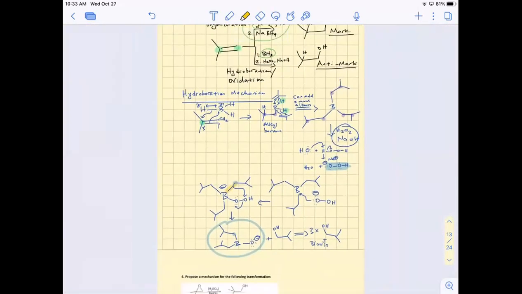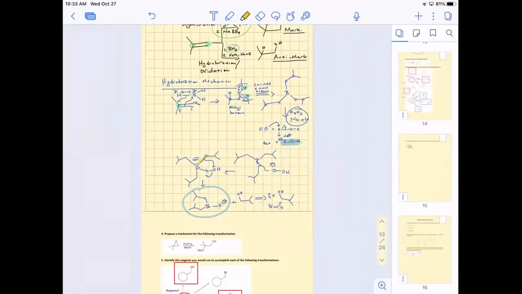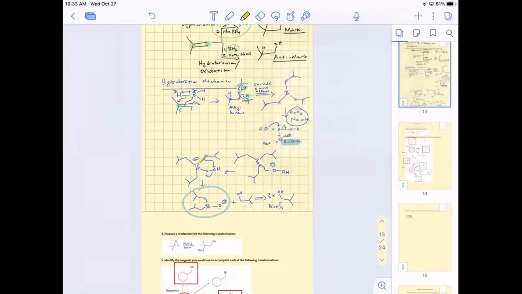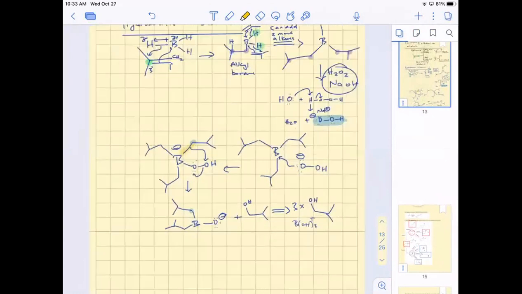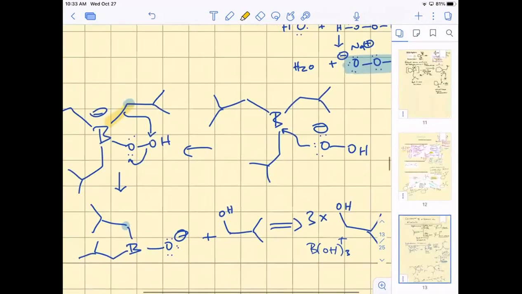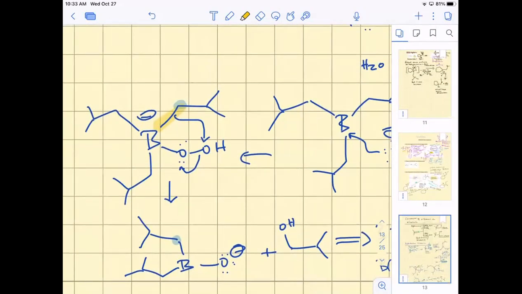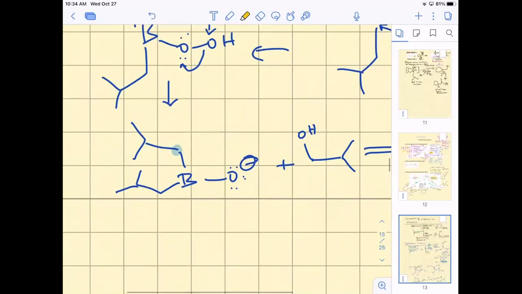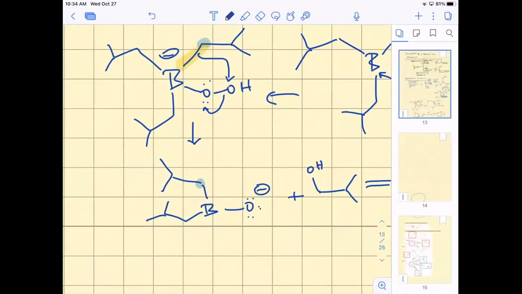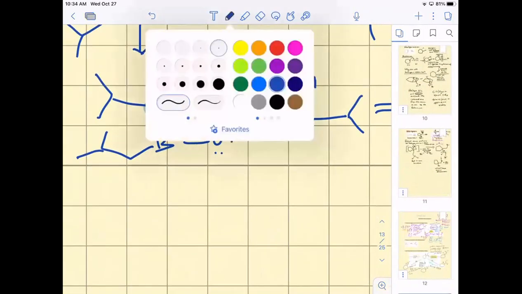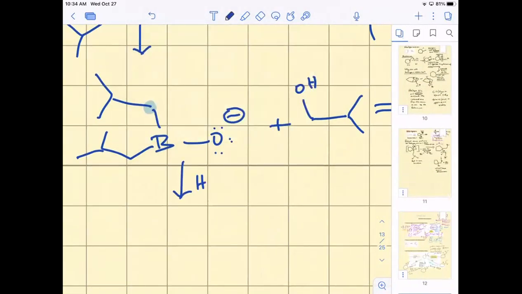All right, questions about that, about what just happened? I'm not understanding the last part after the highlighted boron. Which part? The whole thing? Not the whole thing, but the rearrangement part. No, I understand the rearrangement, but after that. Okay, so when that rearrangement happens, do you see how we would get this? Yes, from the proton transfer, right? Mm-hmm. So just think about that getting protonated, right? So if I add in H plus, I'm going to have